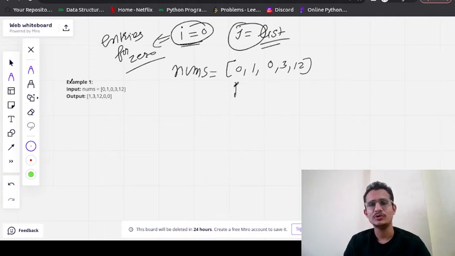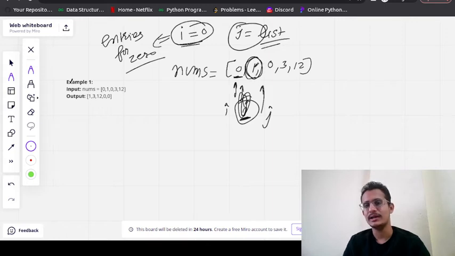Suppose here is i and initially here is j. j will stop when it gets a non-zero element. So here it is 0, so j will move directly. As soon as j gets a non-zero element, and I told you i will be holding the position of a zero element, then we will swap them.